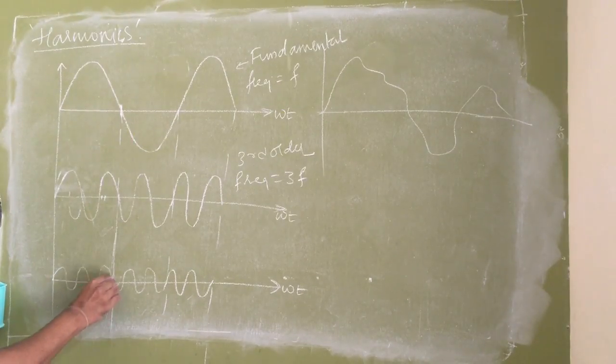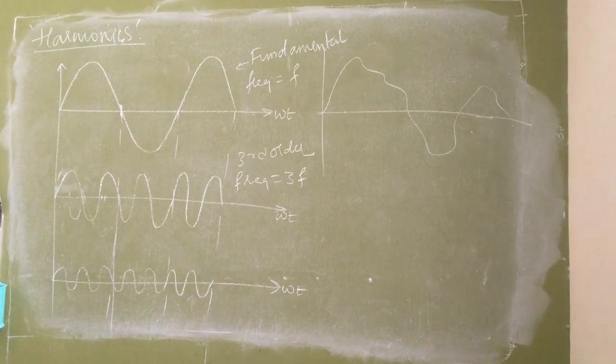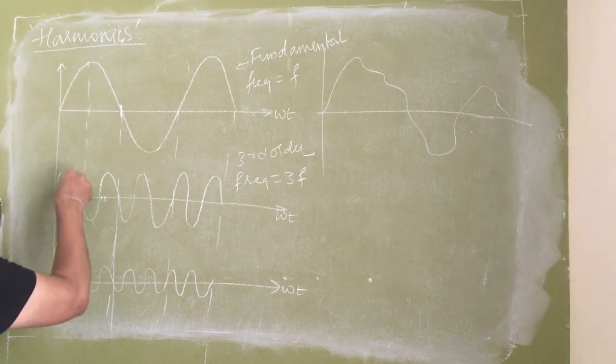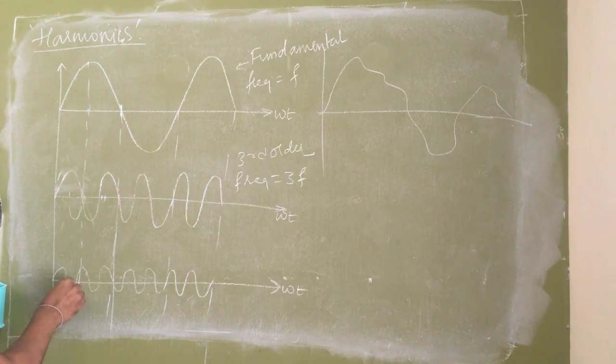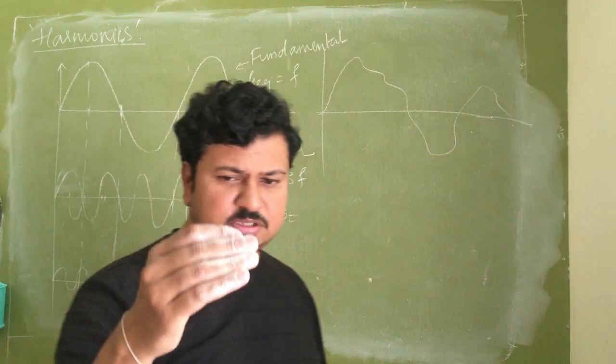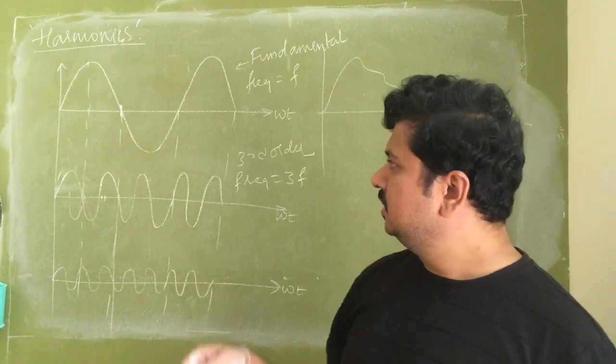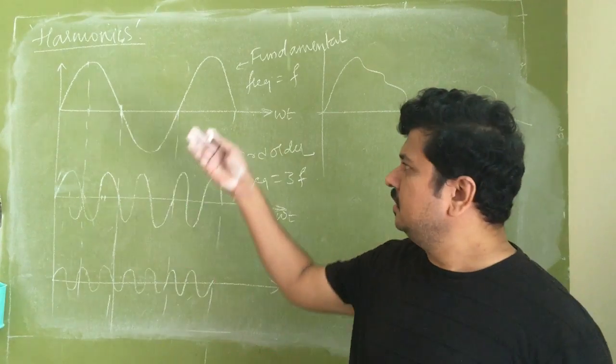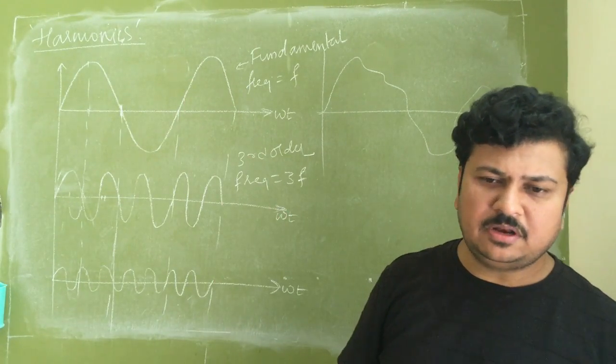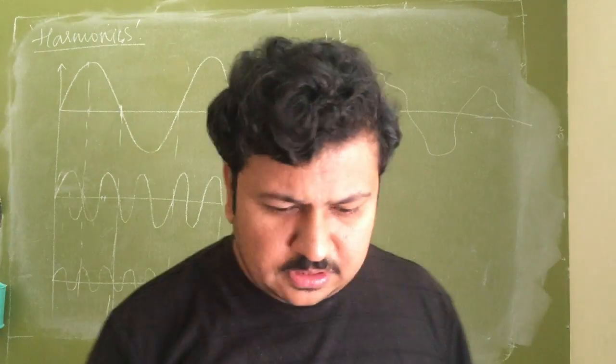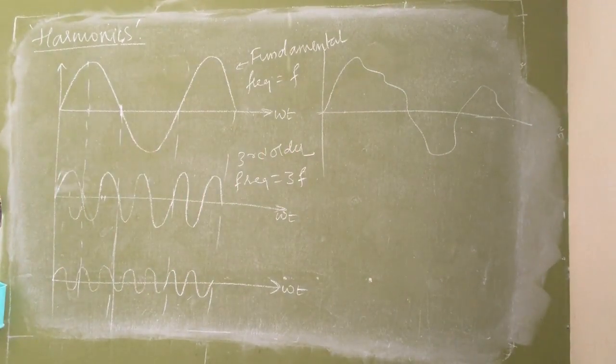Now see here, for the first half cycle, if I add all these three, do I get an exact sine wave? Definitely not, because from here to here, see the variation: here both are positive, but here some are negative values, so it may not be sinusoidally varying, and the frequency is also different. When I add multiple functions of different frequencies, the resultant waveform will not be the shape of the fundamental waveform. So this is all about the harmonics.